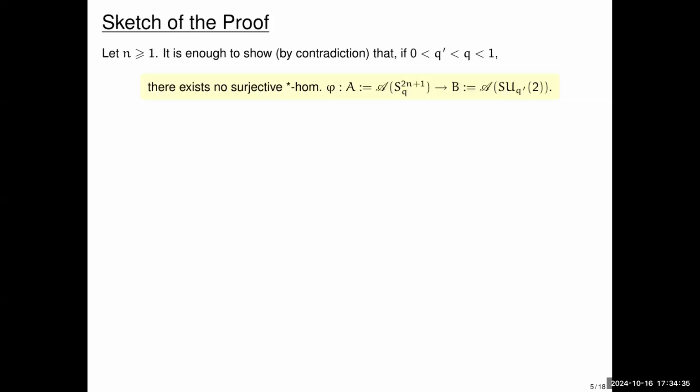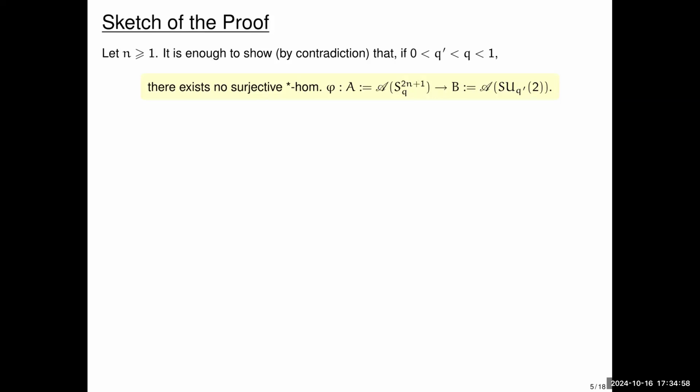So n is greater or equal than 1 here. I take q prime less than q, both between 0 and 1. And I want to show that there is no surjective star homomorphism from the quantum sphere S^{2n+1}_q to SU_q prime(2). And I claim that if I prove this, then I'm done, because